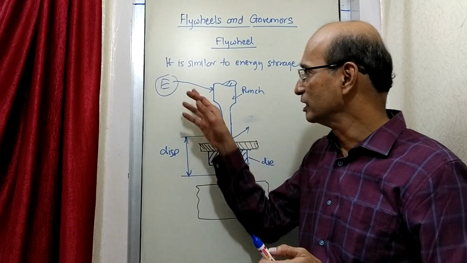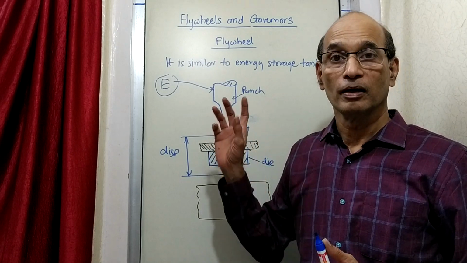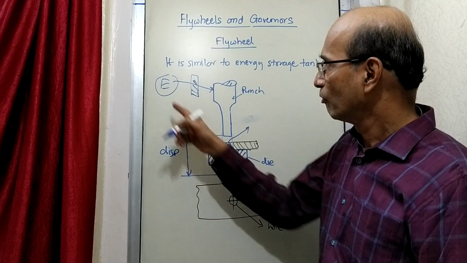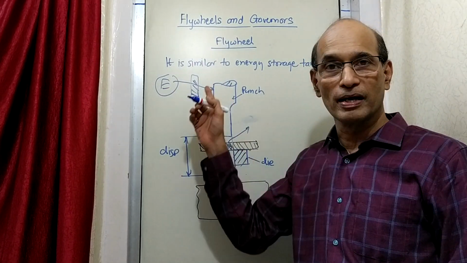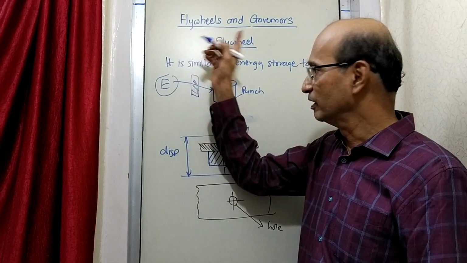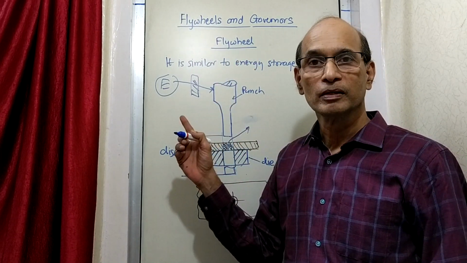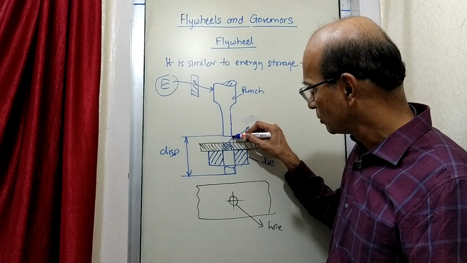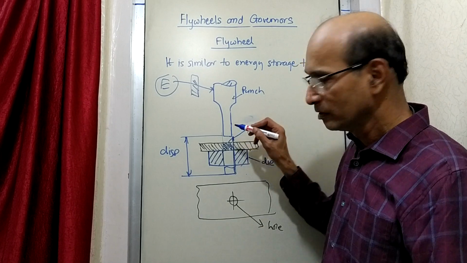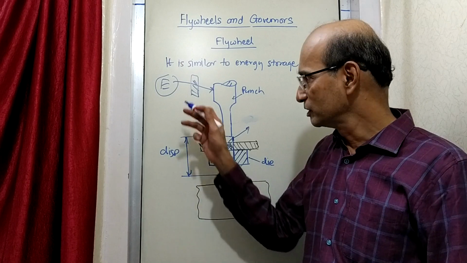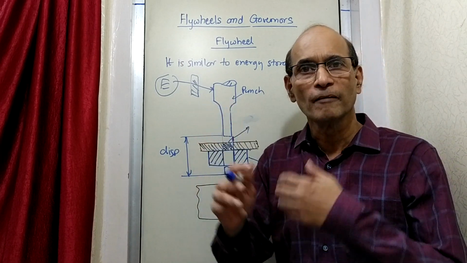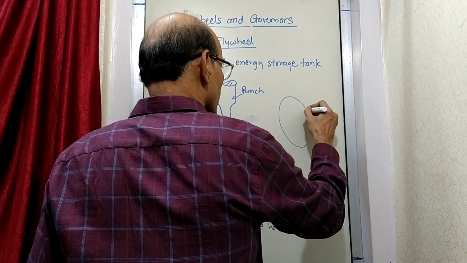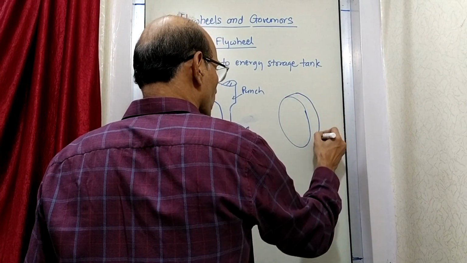Now what happens to the energy which is given? Somewhere in between here, while the energy is delivered, somewhere in the system there is a flywheel. And what does this flywheel do? The flywheel is storing the energy when it is not required much. During this much time, when it is not required, the energy is stored in the flywheel. Stored in the flywheel means what? Basically, a flywheel is just like a disc. If I draw a flywheel, it will look just like a disc, nothing more than this.